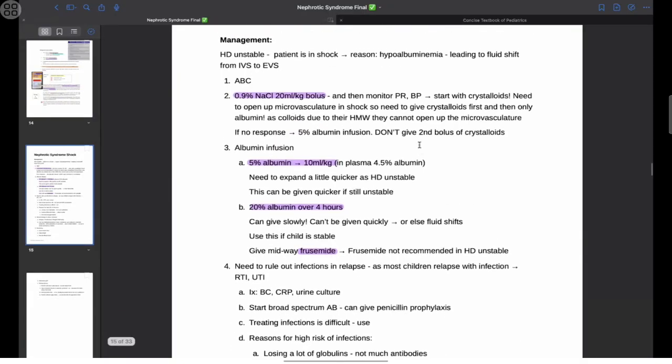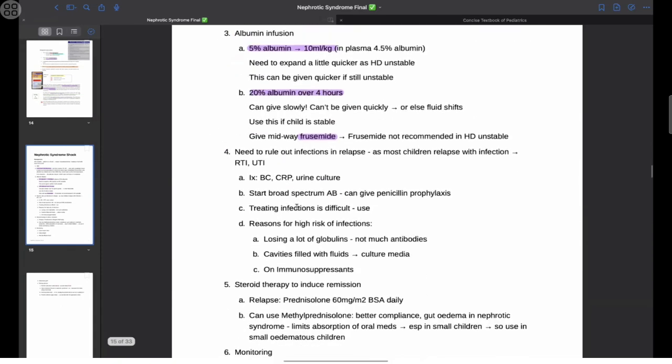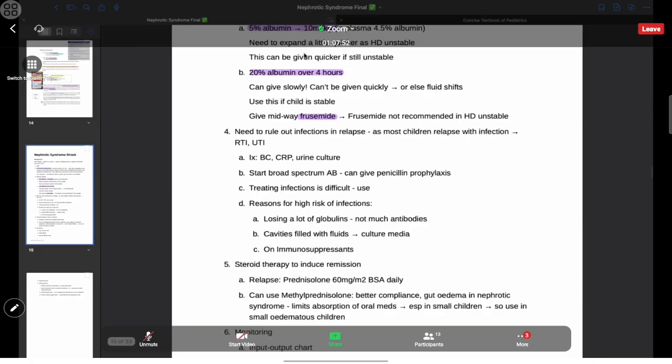Then after you have done this initial management of someone who comes with shock and who is hemodynamically unstable, you need to rule out any infections in this current relapse, like the usual management. Okay, that is also as said. Now in that